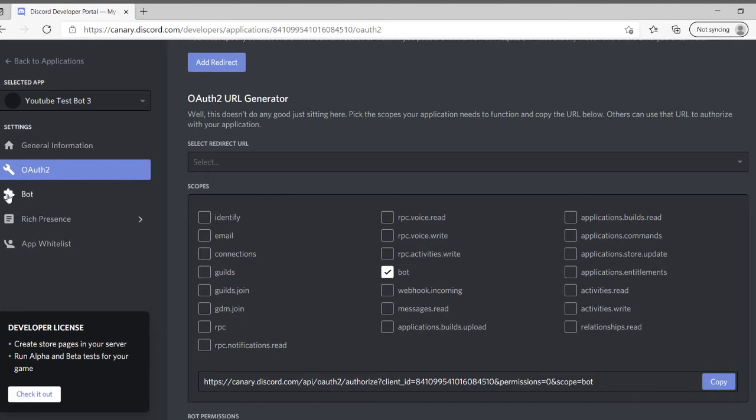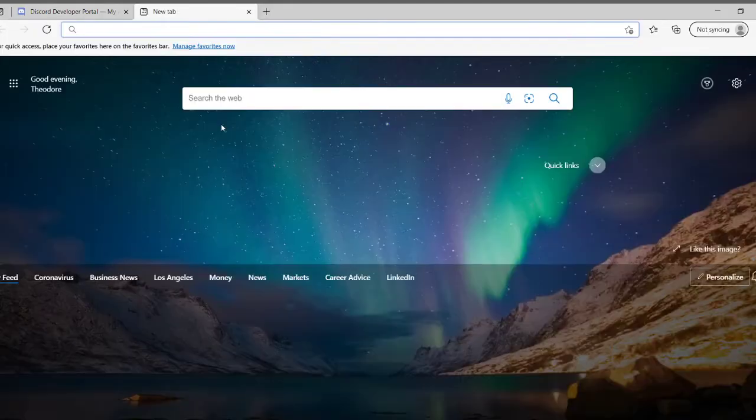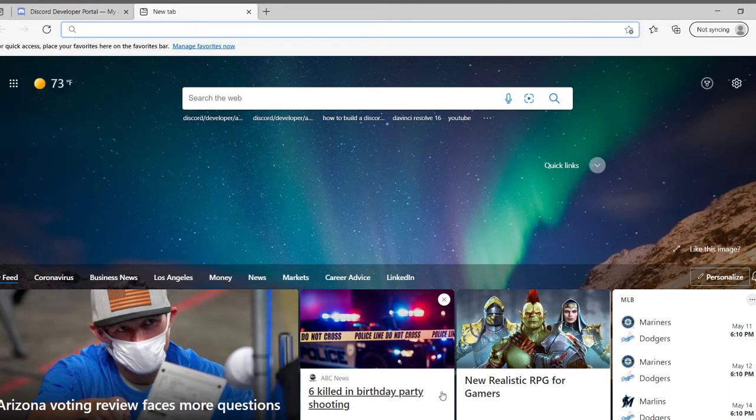So now that we have our bot, we want to look at the token. So this is going to be your token, and what you're going to want to do here is copy your token. Just make sure that you've copied it. Once you have done that, I want you to go to a new tab. Once you've done all of those steps, you're going to go to